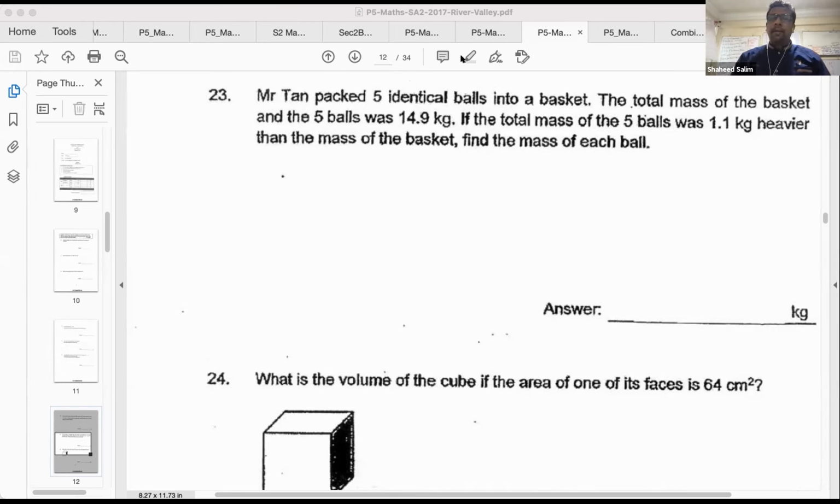I will draw some models to help you. There's the basket,